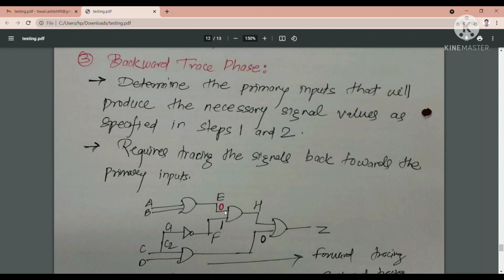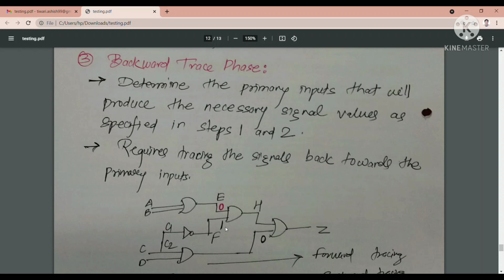So I am selecting this path, and this has to be the path because there is no alternative available over here in this particular diagram. So if I have to propagate this fault to Z, I have to follow from E to H and H to Z. So if I want to propagate this particular logic 0 over here and then here,